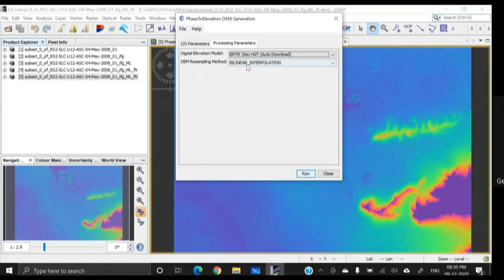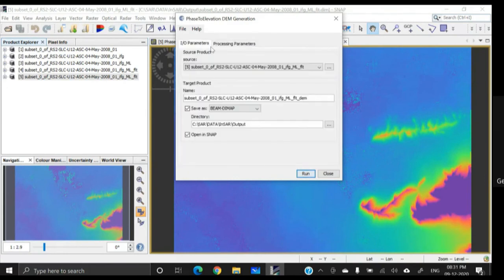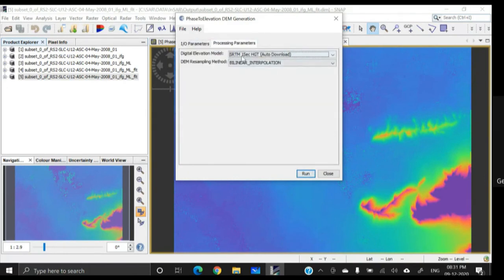And let us consider bilinear interpolation. It will consider the nearest 4 pixels and it will average them, and ultimately this time also some noise will be reduced. So this is the thing you have to do. Okay, and the software will automatically download the SRTM 1 arcsecond HGT DEM. Now click on run.